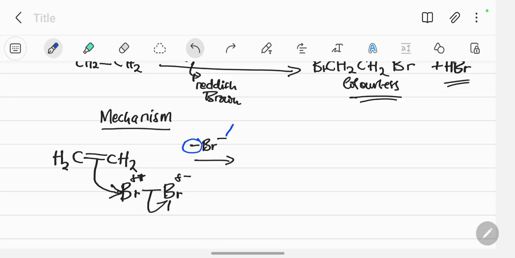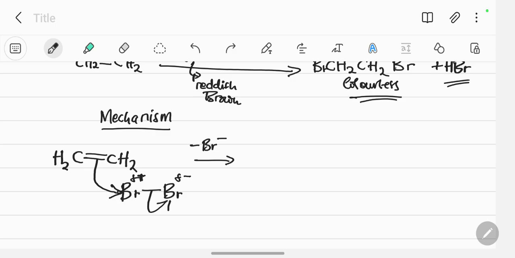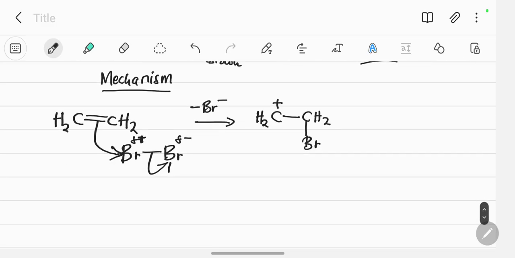So don't be confused by the two. As the thing proceeds, we have CH2, CH2, bromine binds to that, and this gains a positive charge, such that at this very point, remember we have